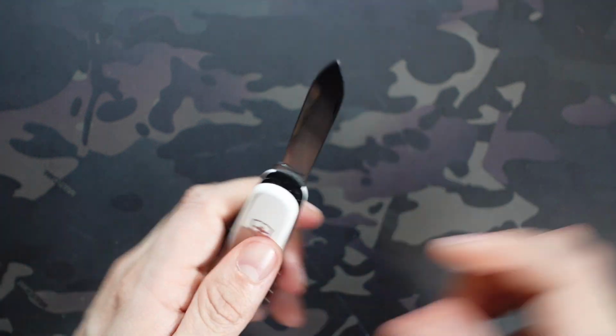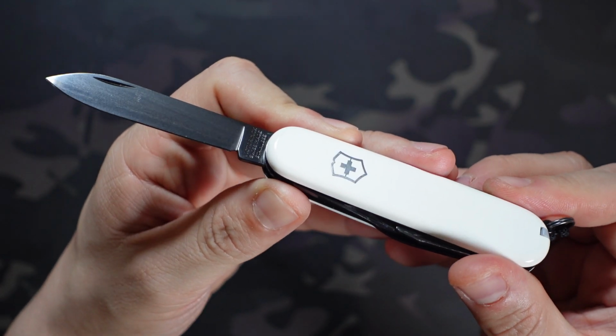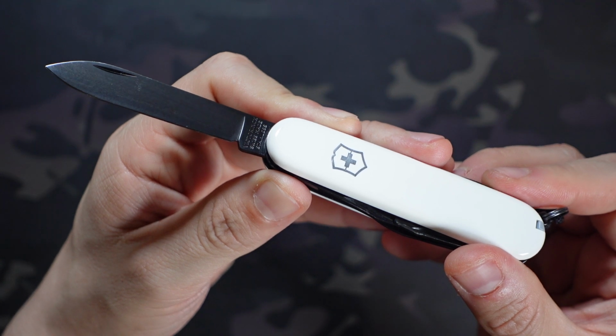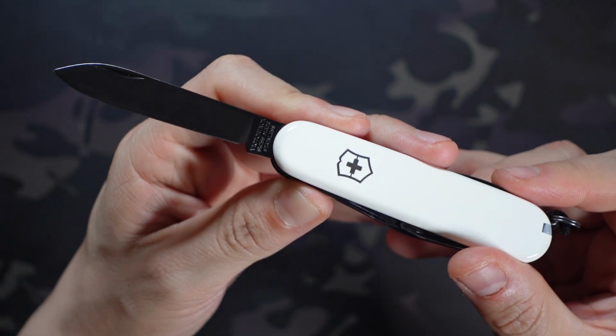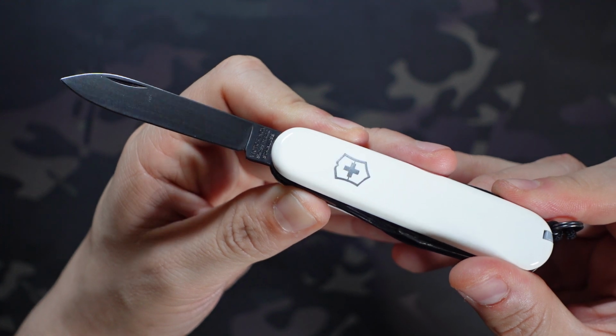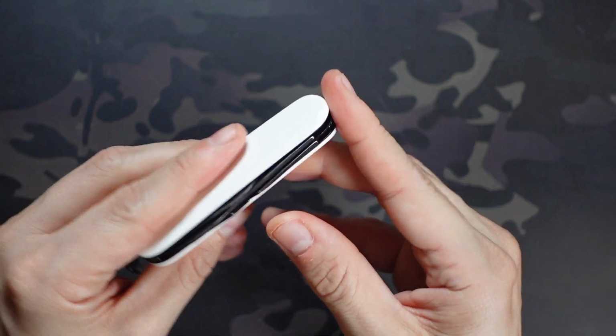So I already showed this one off a little bit. I didn't actually get the measurements of the blades, but I think these are pretty standardized amongst the different tools. So if you're getting a 91mm with a large blade, they're pretty standardized, so kind of know what to expect there. But we get the large blade, and then sharing that same layer, we also get the small blade, which